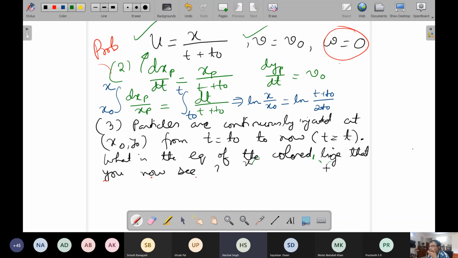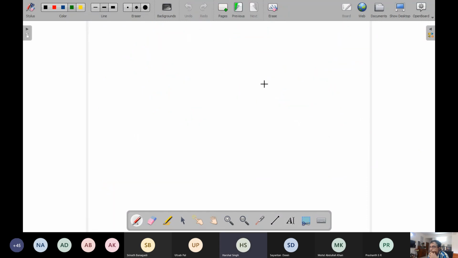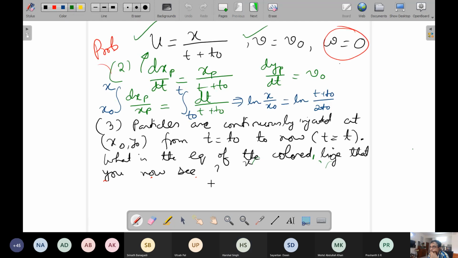Sir, you can add a page on the top. How to do that? Can you tell? You can see, sir, just next to the undo, redo, there is a page with a plus sign at the top. Great, let me try that. Yeah, I clicked it. Hopefully it comes. Oh, great, very good. But the previous page is gone. Then you can click on the previous. Okay, but it is not possible to scroll down. That means when I go to the next page, the previous is not visible. Yes. Anyway, it's fine.